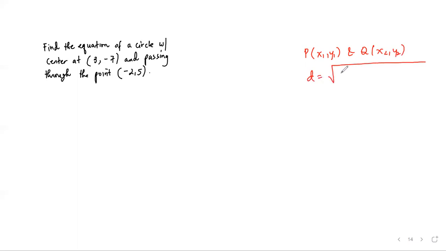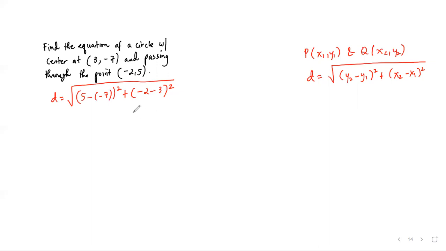It is the square root of y sub 2 minus y sub 1 square plus x sub 2 minus x sub 1 square. So here, the distance between these 2 points would be 5 minus -7 quantity square plus -2 minus 3 quantity square. So this distance is equal to the square root of 5 minus negative 5 is 12 square, which